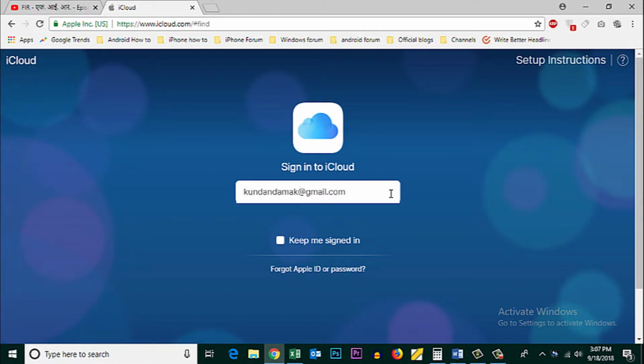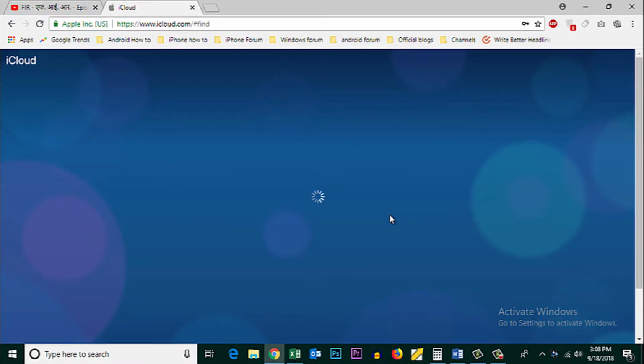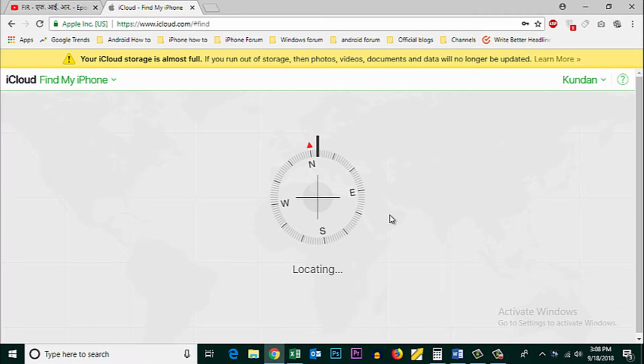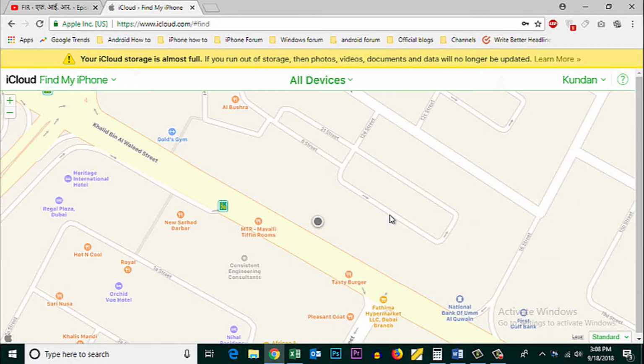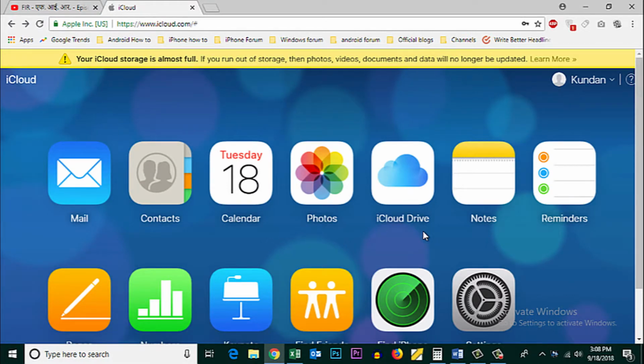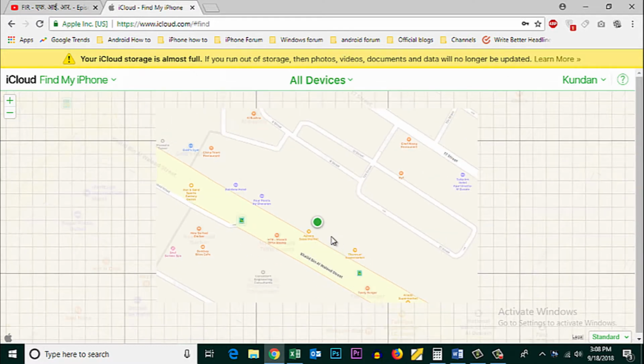Next, put the password. Next, you need to remember that you should also have logged into your iCloud account on your iPhone, otherwise you cannot use this function. Now once you are logged into your iCloud, select Find iPhone and then it will locate the